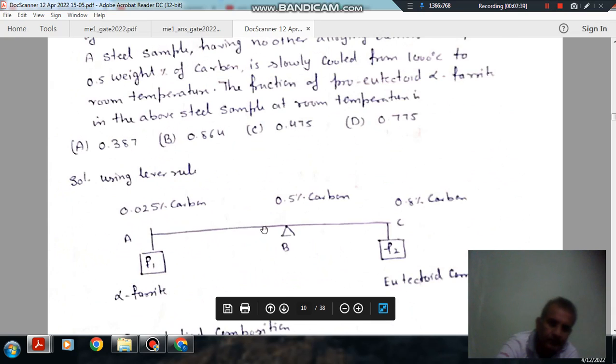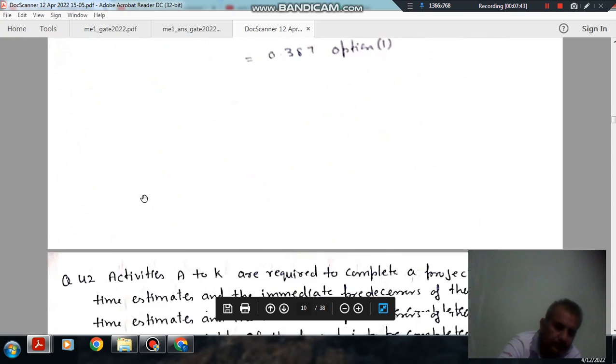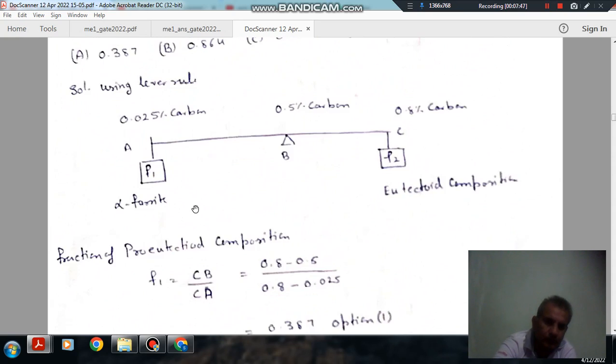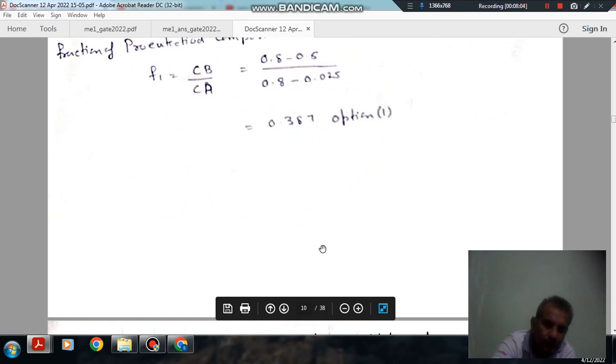Option A, 0.387, is the right answer. We just have to apply the lever rule. Take the alpha ferrite composition, take the eutectoid composition, and this is the given sample. To find F1, take this and divide it by the whole, which gives 0.387. Option A is the